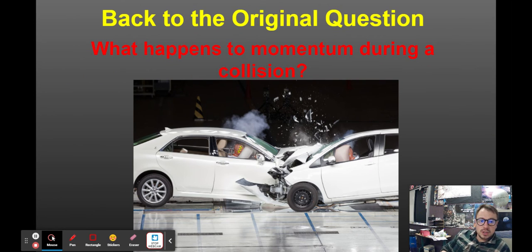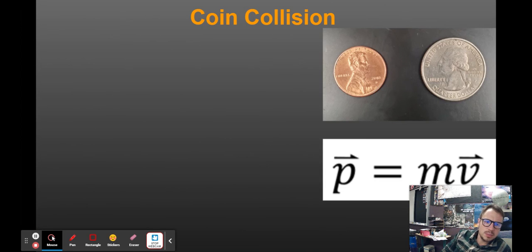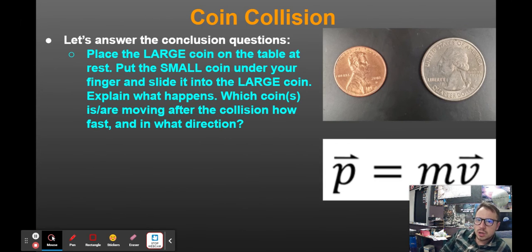All right, so now we're going to switch gears and introduce our next topic, which is collisions. So the question is, what happens to momentum during a collision? In order to answer this, we looked at coin collision. This is just a very simple lab that anyone can do at home. All you need for this is a large coin and a small coin,